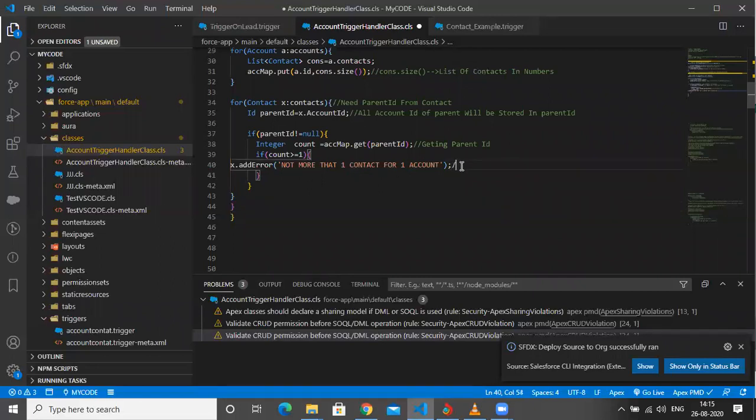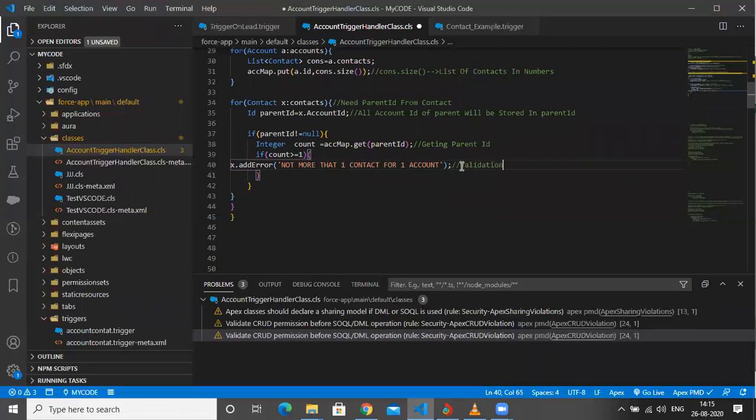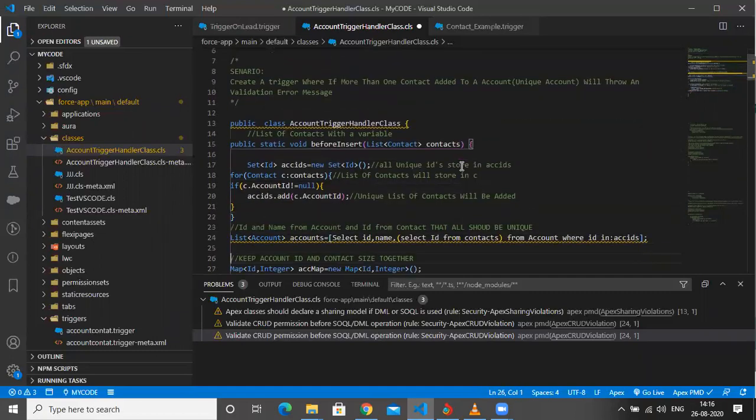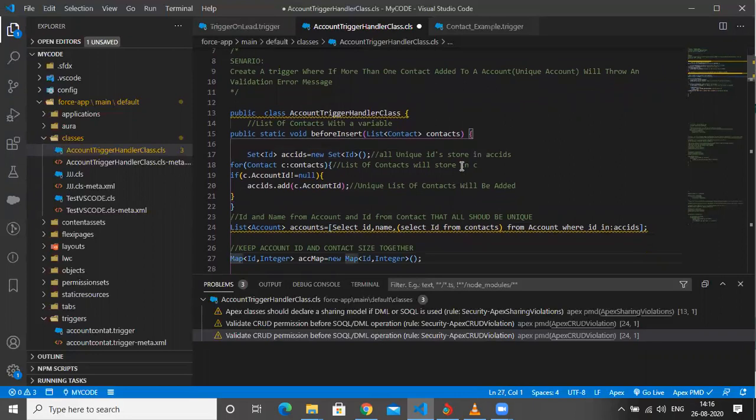Okay, let me give this one as well. Validation message. So let me summarize all in one shot. Basically, if we want one contact for one account and that should be unique, so first thing what I done, I taken a list of contact, we store in this.